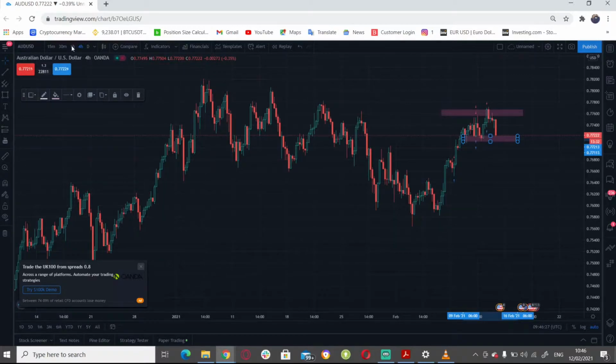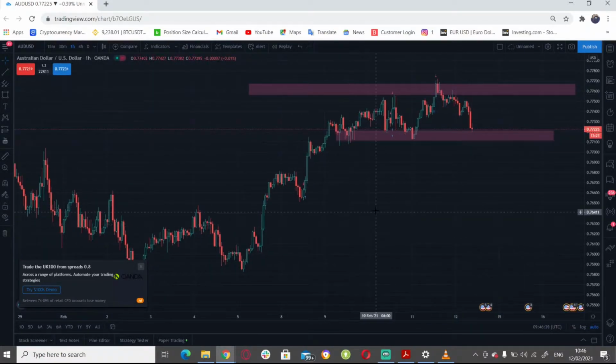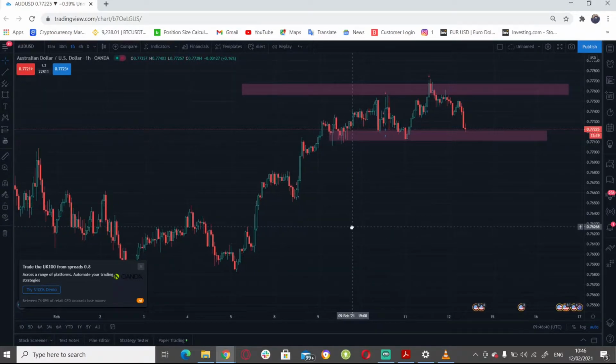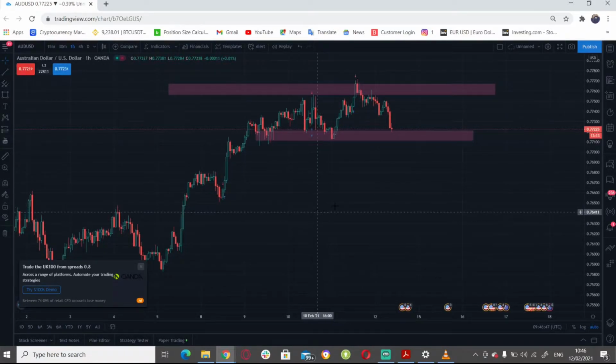So with our key levels, as you can see, as we go on to the lower time frames, there's a lot more noise, and on the lower time frames is where we'll go to identify our entry points and the behavior of the market. So right now, as you can see, price is actually coming to a key level. So in the case of this, we would actually wait for it to get into our level, let it play around,